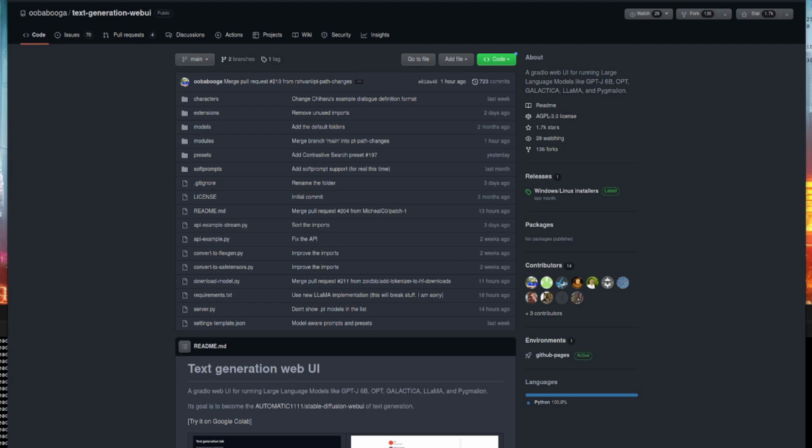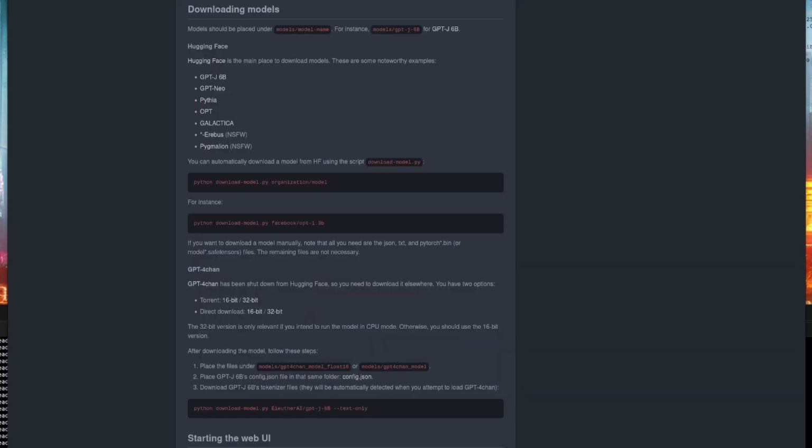So, whichever option you went with, whether it was option 1, copying and pasting the lines one by one, or running the one-click installer, it's now time to move on to step 2 and download a model, or 2, or 3. Personally, I've only downloaded a few models because there are loads, and some of them are quite big as well. I'll go into a little bit more detail on models in just a moment, but first, let's have a look at that download script.